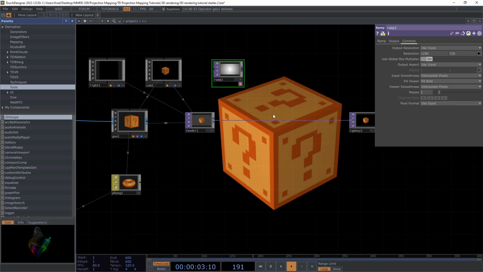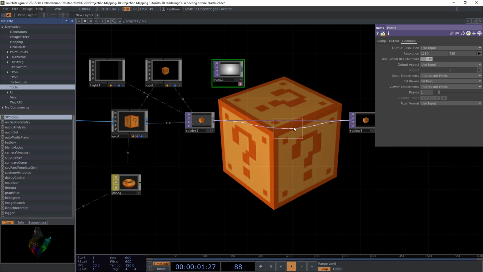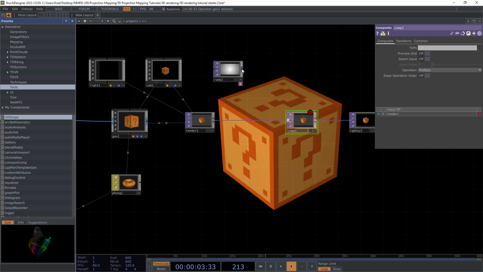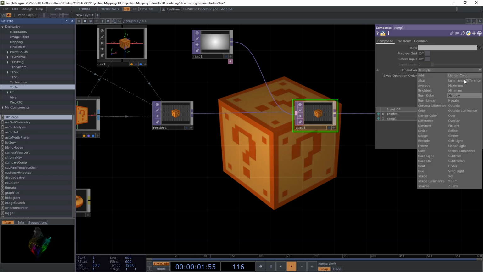And well, now we'll just use a composite. So right clicking on the wire, inserting, I'll pick a composite, plug in my ramp, and that's using a multiply operation right now. So it looks like just some extra glow. Instead, I'm going to use an over,